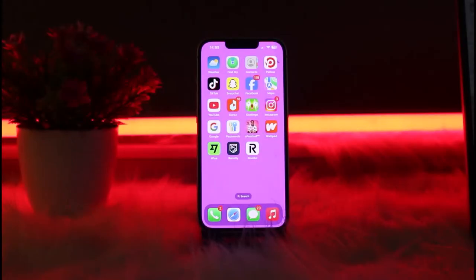In this video I'll show you how you can create a Revolut account, but before that please do make sure